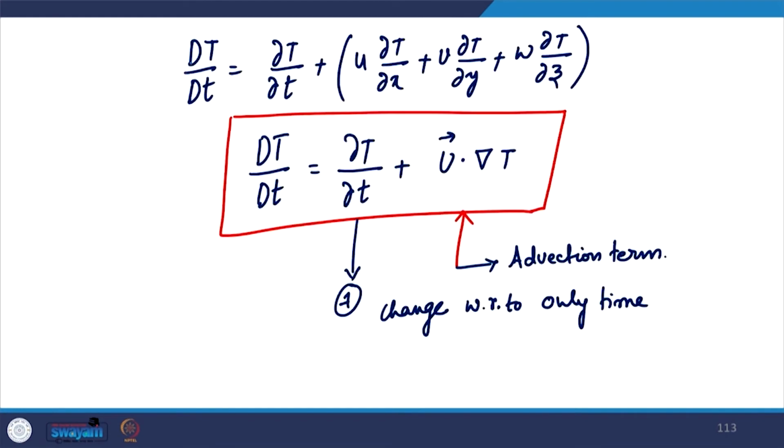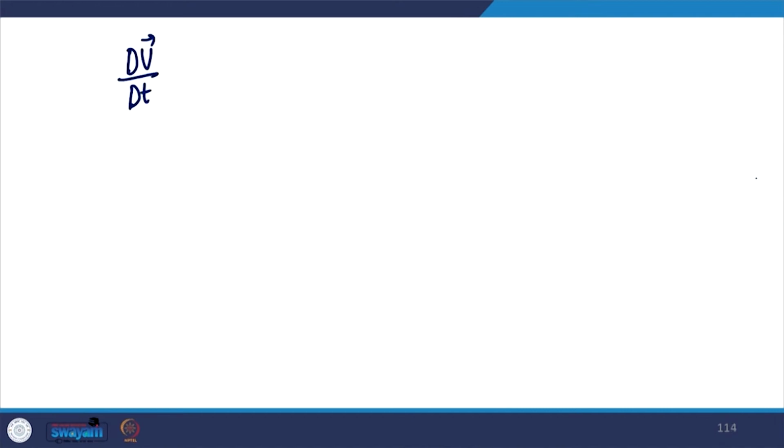Here the velocity vector is u i cap plus v j cap plus w k cap. Of course, this is implicit, but just for the sake of completeness I write it, plus